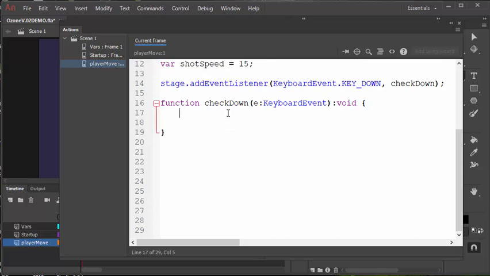Alright, so check down is going to say if playing equals true. So only if playing is true. If playing is false, don't do this thing. But we're going to say that when it is playing, make it move. So if playing is true,